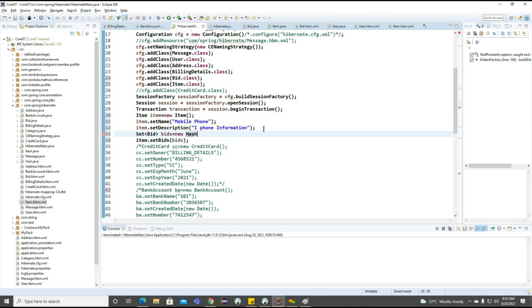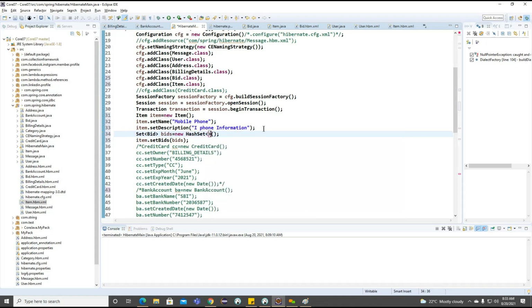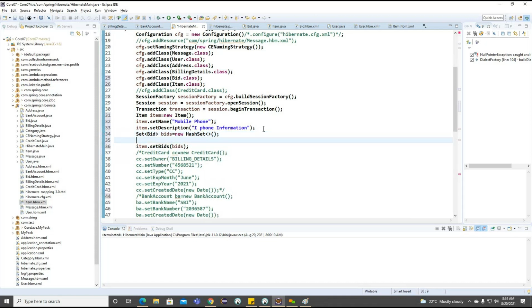New hash set here. Okay. After creating this particular hash set, now what we can do, we need to create a bid object.